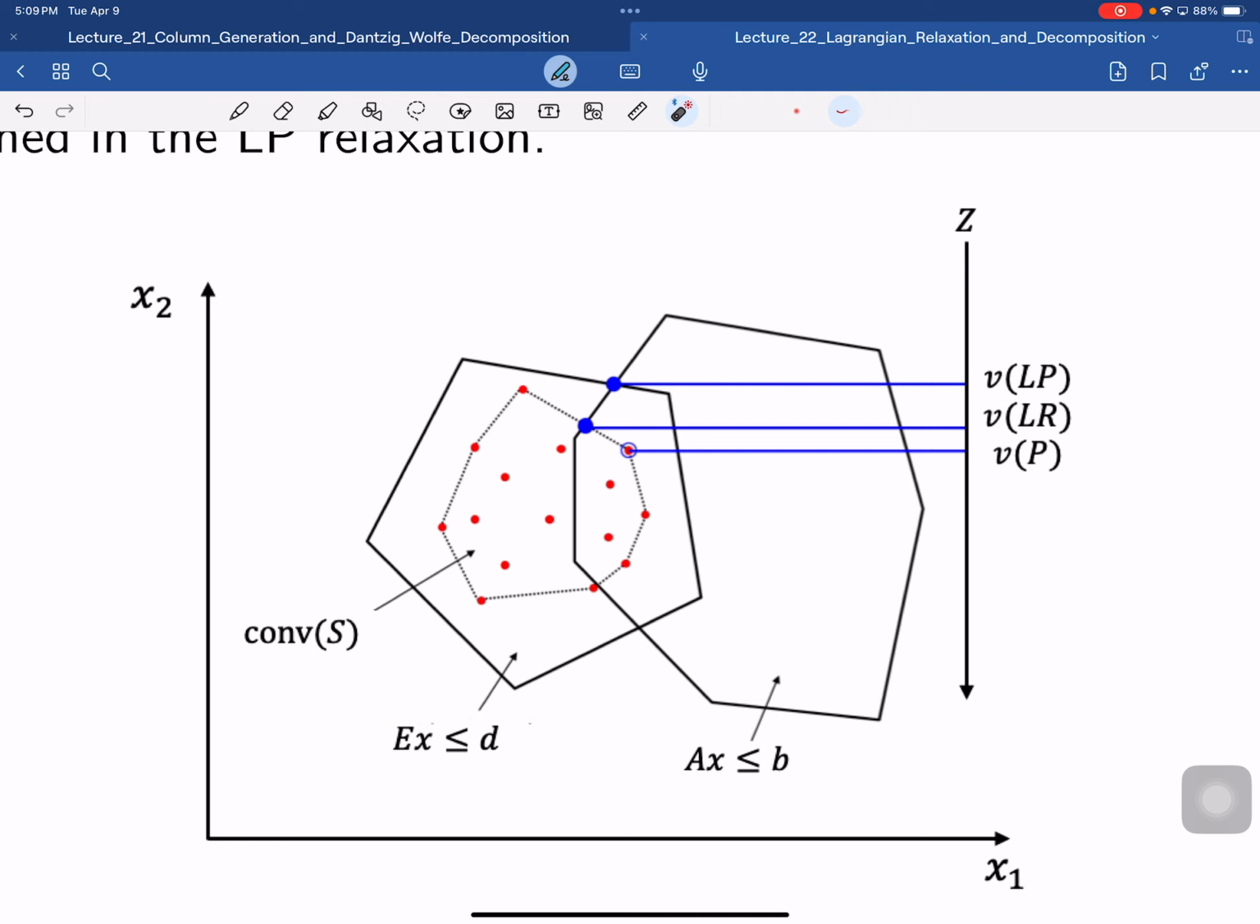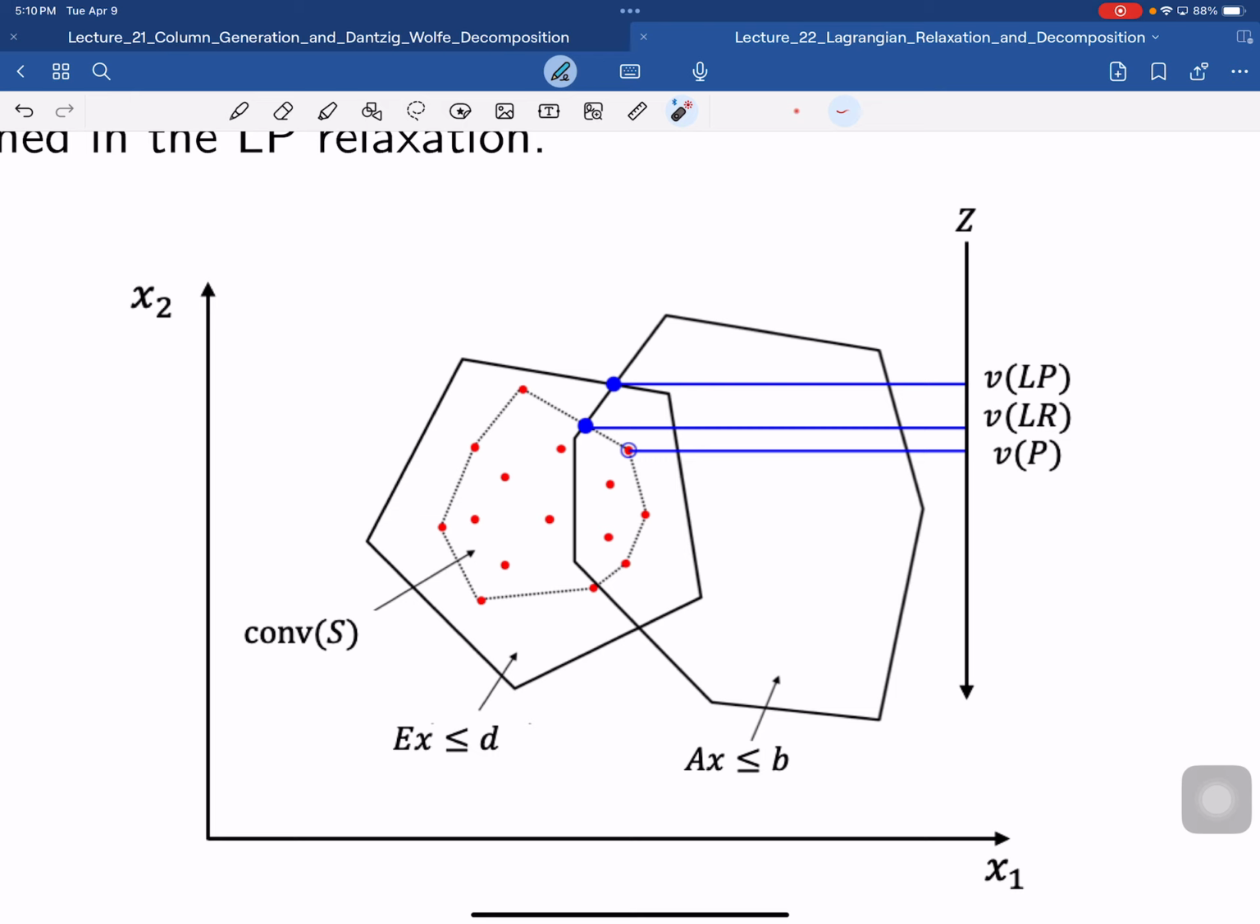Supposedly, those red points are the integer points in this linear constraint that you did not dualize. Then the convex hull of the feasible region described by the constraints you did not dualize is this region here. So those are the convex hull of the integer points you did not dualize, okay? And then the Lagrangian relaxation is saying I'm taking the convex hull here, intersect with Ax less than or equal to B, right? So then that region is,